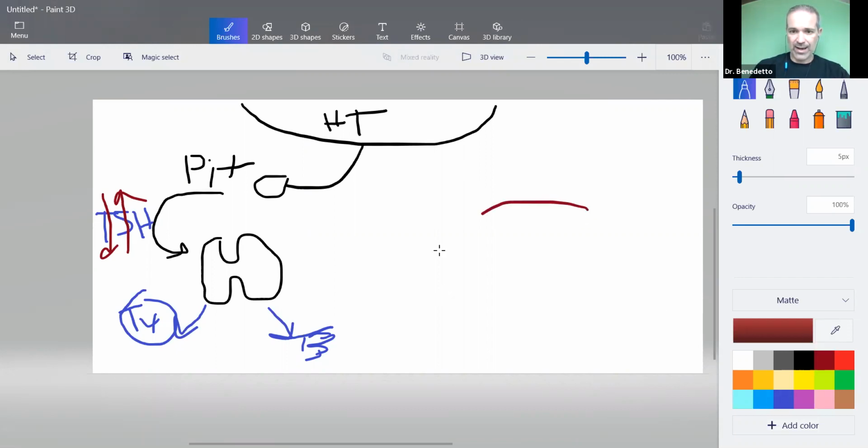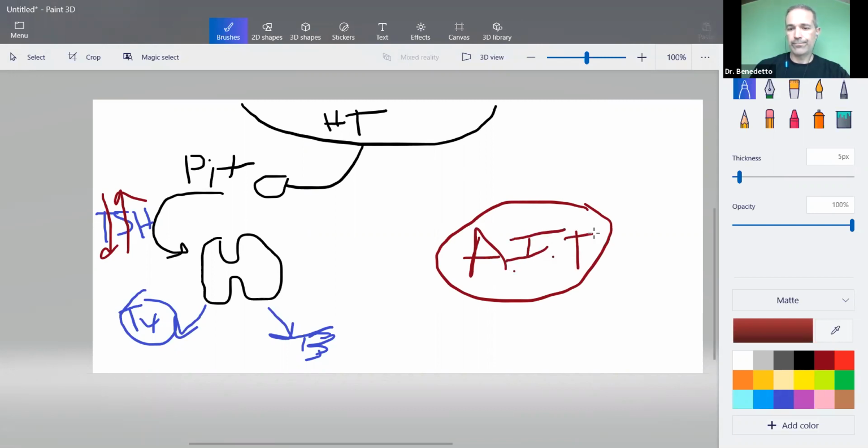Because sitting out here is autoimmune thyroid, right? This autoimmune condition where your immune system is attacking and damaging the thyroid, Hashimoto's, Graves', whatever. So the reason why this all happened in the first place, the reason why, when that message was getting sent, the thyroid wasn't responding and making T4, is because the thyroid was getting damaged, it was getting destroyed by the autoimmune attacks,